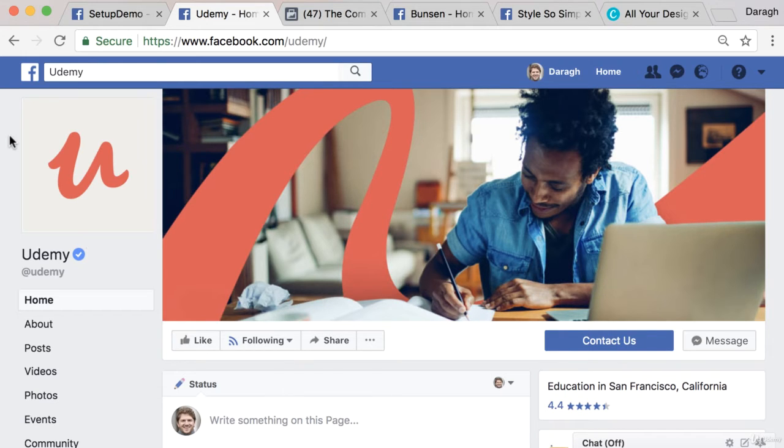Now, a couple of best practices for this type of business logo is that you can see that it's just two colors, which keeps it simple. You can see it's red on a kind of a gray background here. So it needs to be simple, and also you can see that it's square here,